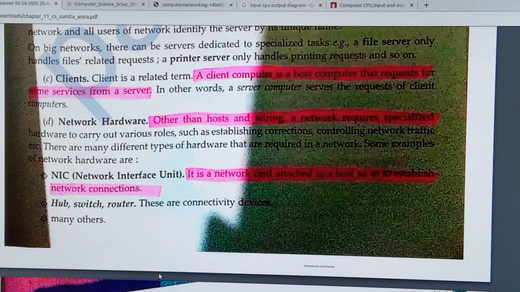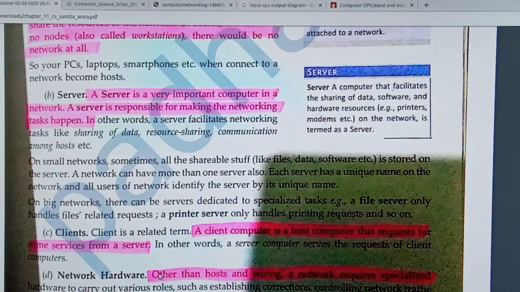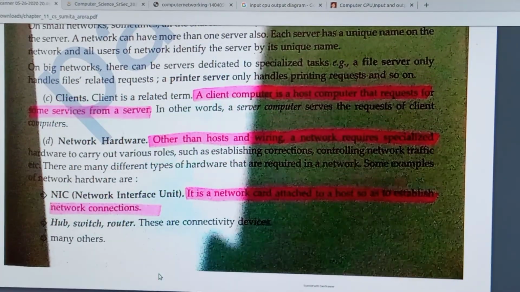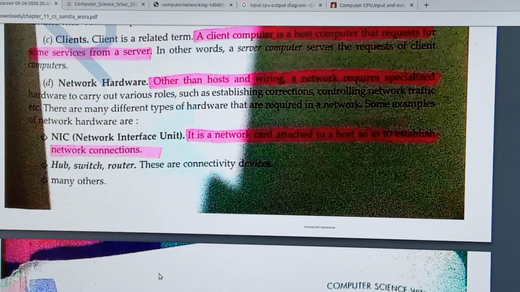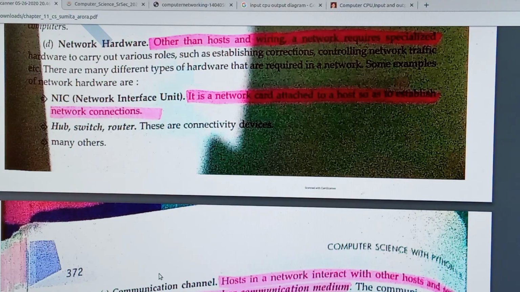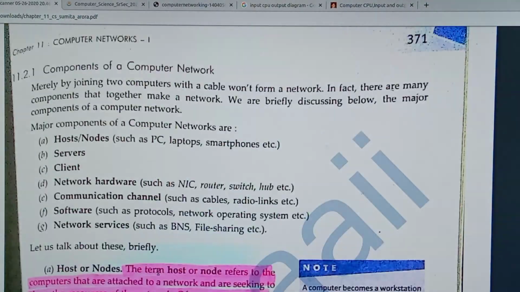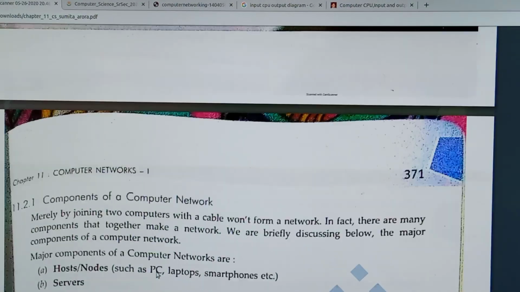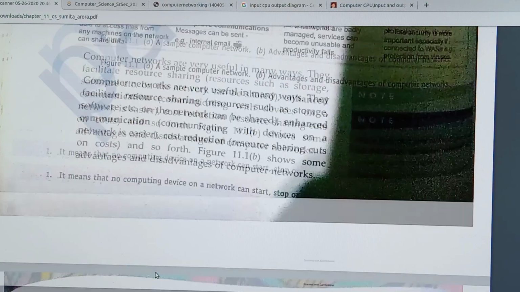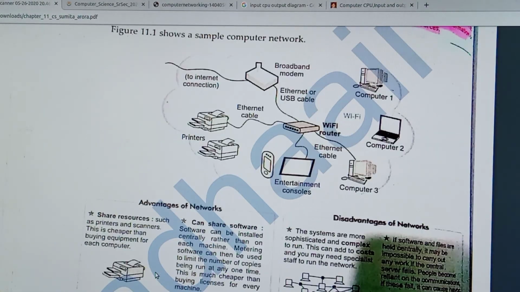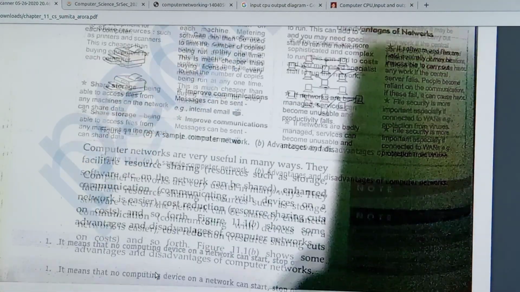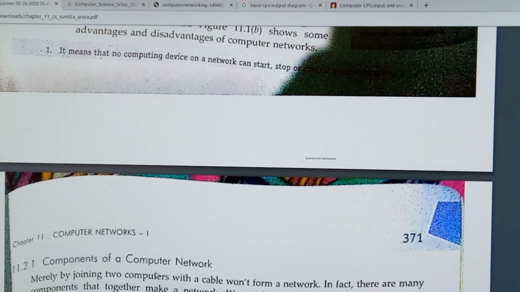Then make this note, write this answer in your fair notebook, and send that notebook picture via WhatsApp personally. Hope you understand this much. Every day you need to study. This is a simple chapter, so you can get more marks from it. You have now completed what a network is, the advantages and disadvantages of a network, and today the components of the network.